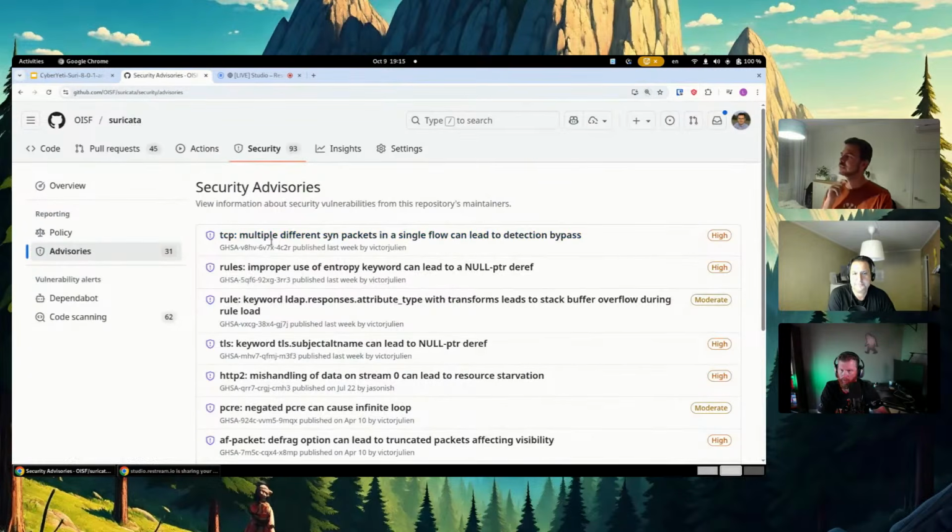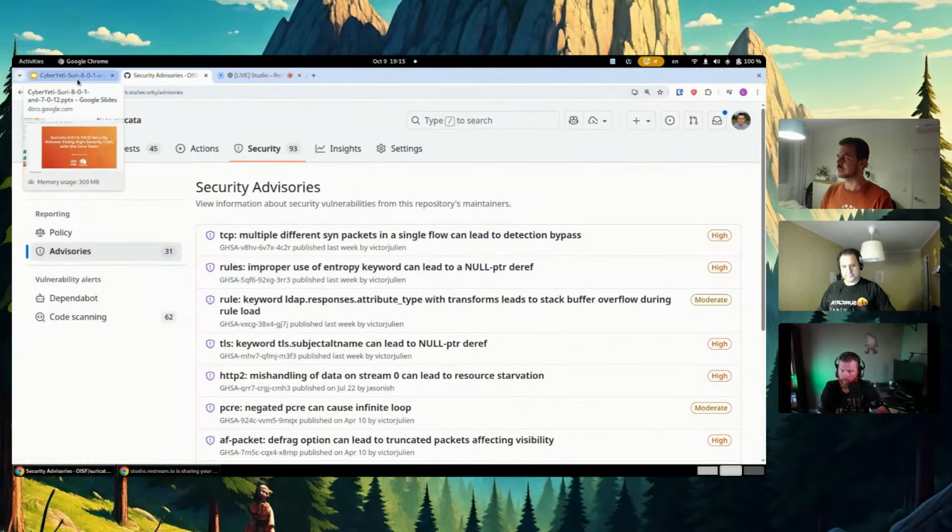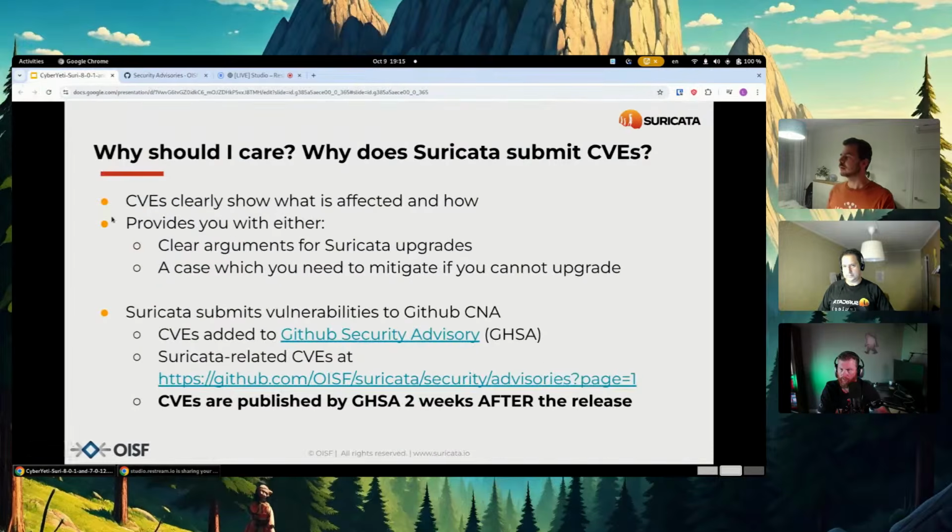So here we see directly all CVEs related to Suricata and which were reported to GitHub, GHSA. Okay, and